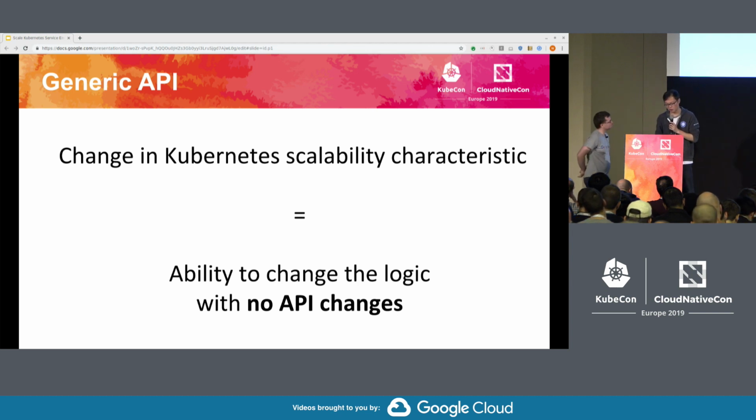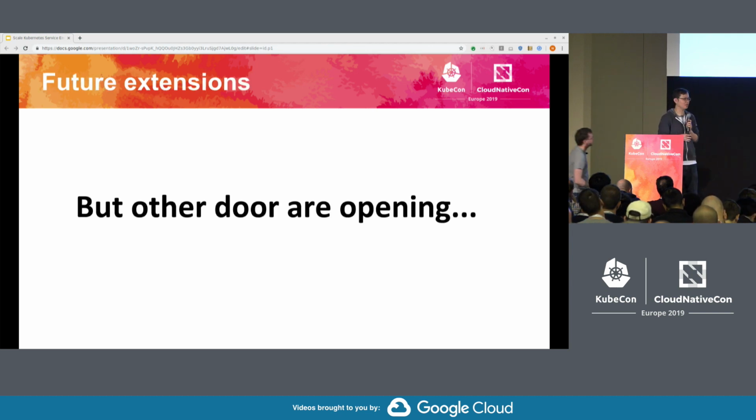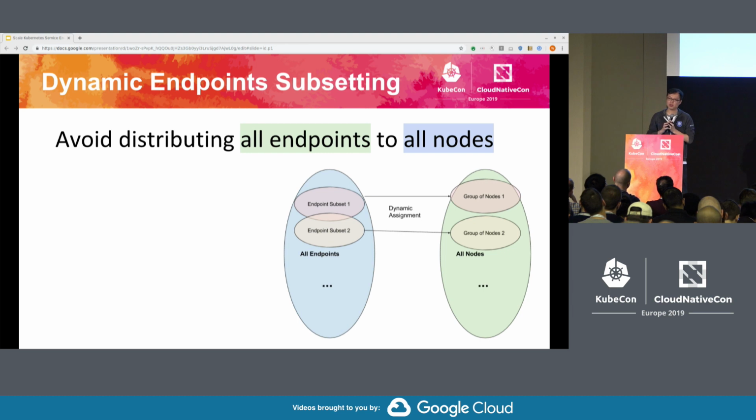So with all that, is that the best we can do? What else can we achieve with this endpoint slice API? With the current proposed solution, the incremental updates per endpoint become much more efficient. So it's efficiently calculated, stored, and transmitted to all the nodes. But the bottom line is that we are still sending all the endpoints to all the nodes, and each node will still have a global view of the service endpoints. So this will cause a scalability problem at the next step.